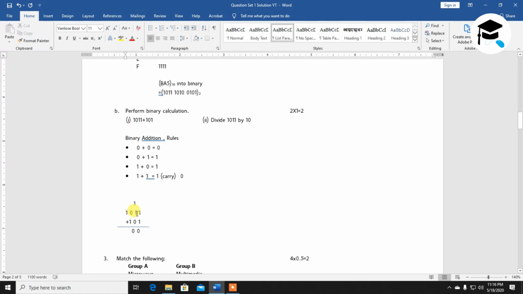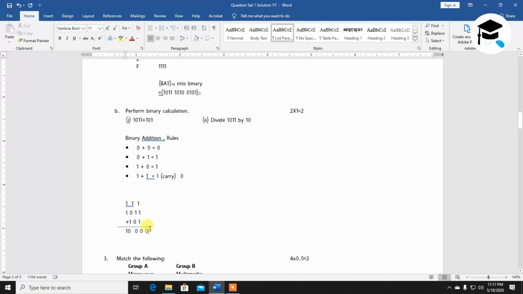And where will that 1 go? Again, after adding this 1 plus this 1, the result will be 10, out of which 0 is here and 1 will appear here. These two ones are added, and these two ones are also added. After adding these two ones, the result is 10, with 0 here. And again when we add 1 plus 1, it will be 0 and 1 will be carried here. Again when these 1 and 1 are added, there is no further place to carry over, so the final result can be written here as 10.